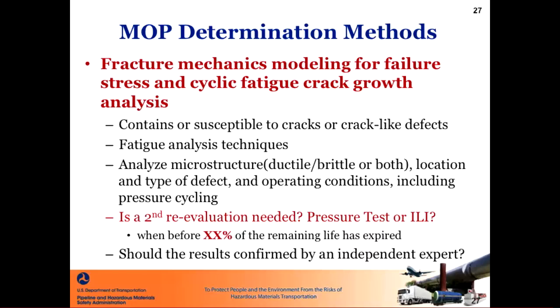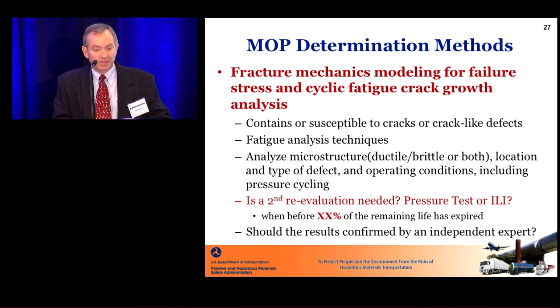Do you look at them for ductile, brittle type? Do you look at both? When do you look at those? Which equations, which modeling would you use there? And again, when do you do a second evaluation, or is it needed? If you've got cracking, can you do a one and done? I don't think so, but I think it's something we need to talk about.